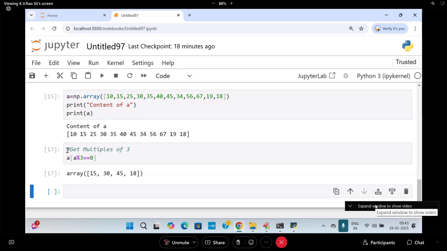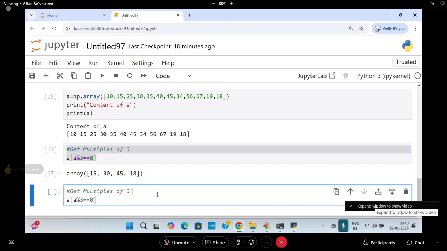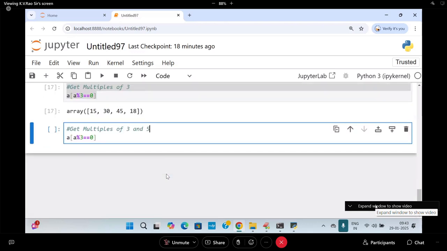Now, last and final, I am asking one question. What is another question I am asking? Multiples of 3 and 5. Come on. A of Boolean array is equal to